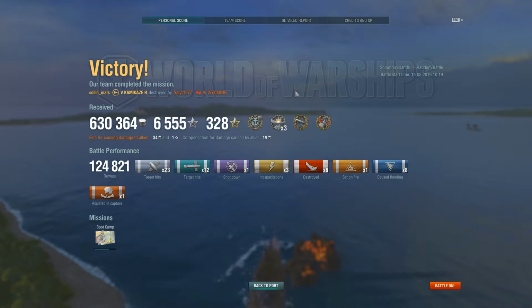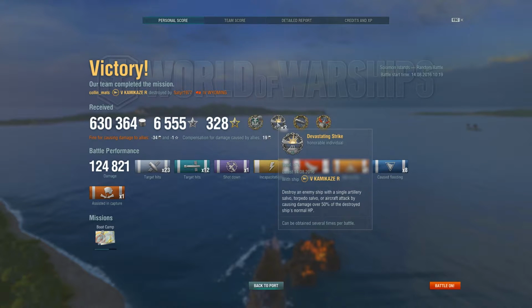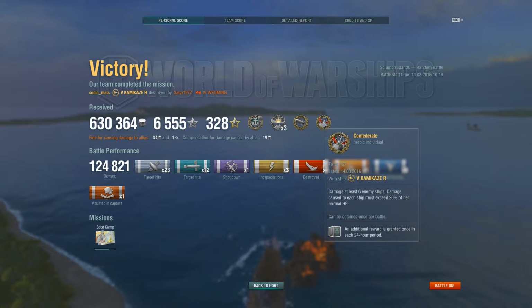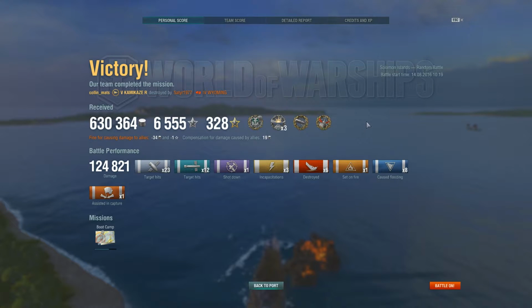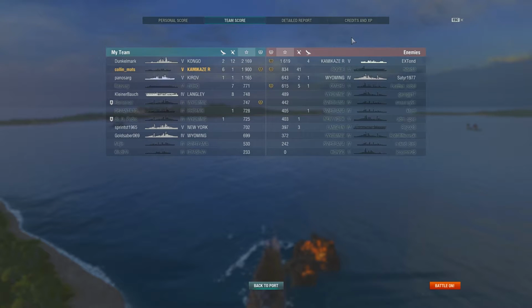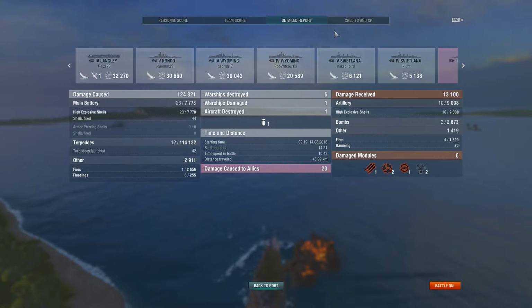So got really good credits, 630, 6,500 experience, Kraken, 3 devastating strikes, high caliber Confederate. Did over 120,000 damage, which is pretty good in a tier 5 ship. Didn't make number 1 actually, the Congo played really well. So kudos to him, but still it was a pretty fun, good game, and I'm just gonna continue trying to grind